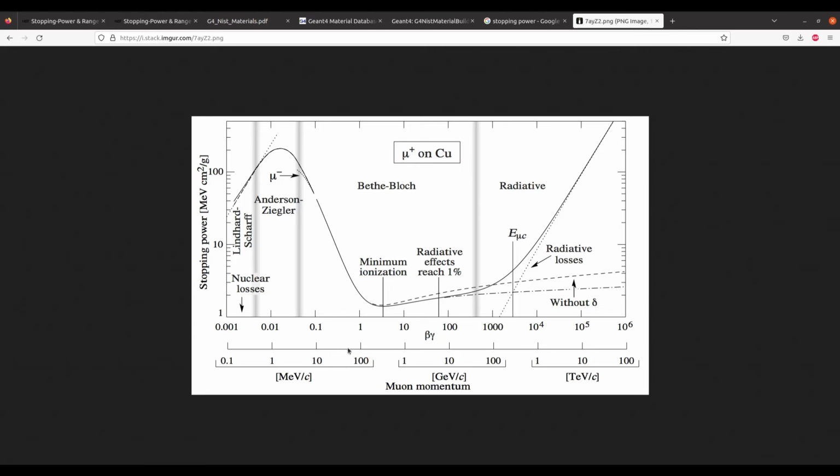This is the low momentum regime, like 0.1 MeV per c to 100 MeV per c, and then this is 1 GeV to 100 GeV, and then 1 TeV to 100 TeV. So there are several regions. This is the particular region where the loss works, and then we have a radiative region, and then we have the nuclear losses. You can see all these things, and this is the stopping of the muons